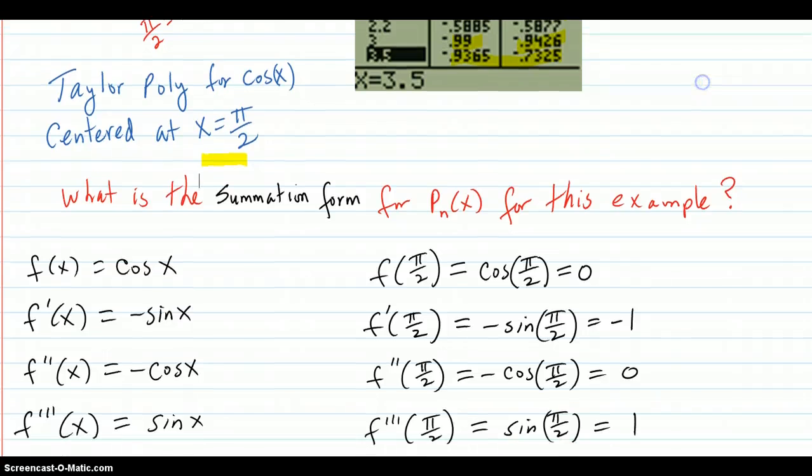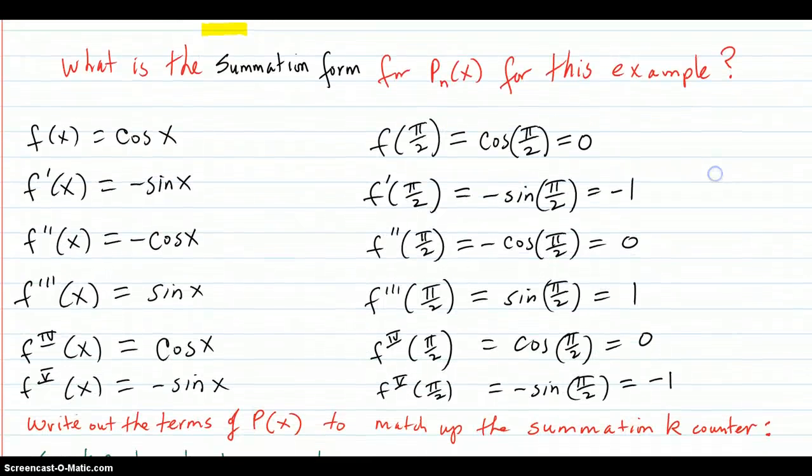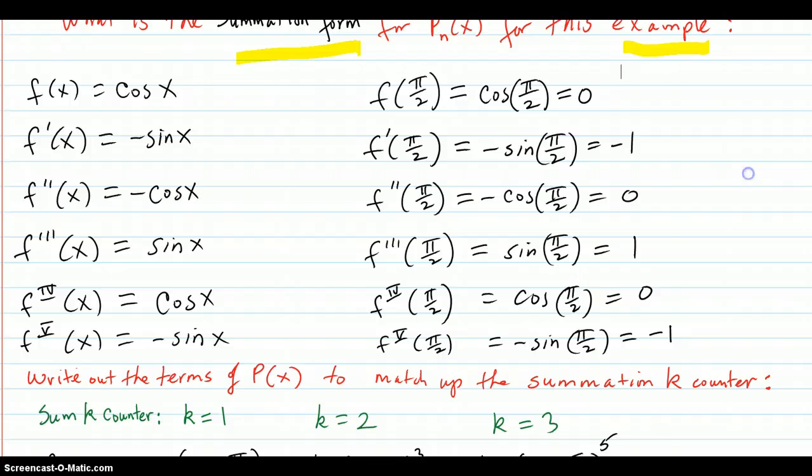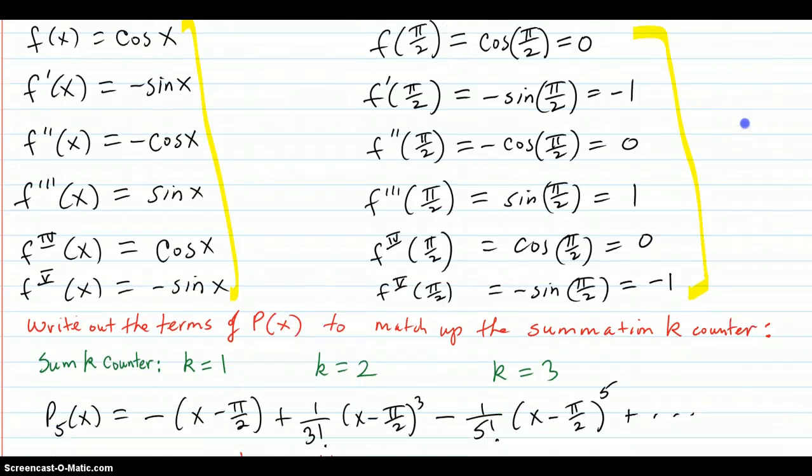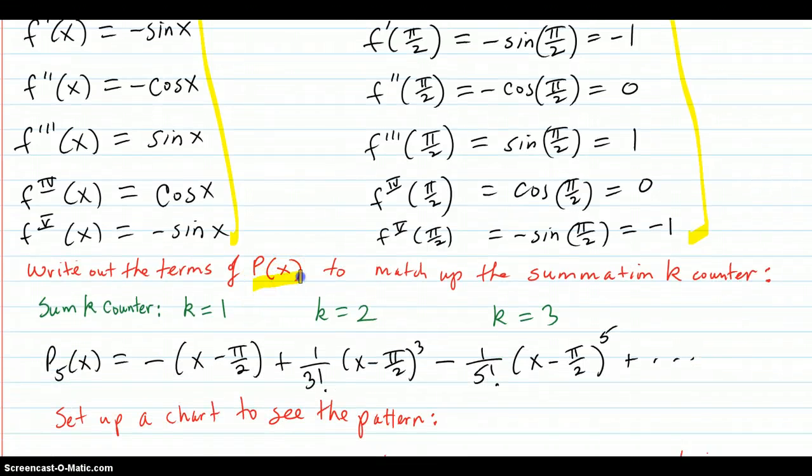Now what about this? What if you want to do the summation form? And we have problems like this that I put on the worksheet. What's the summation form for Pn of x for this example? So again, I just wrote down the derivatives, we already did these, but I added a few more. So you can really see that there's a 0, 0, 0, negative 1, 1 to negative 1, toggling back and forth. So now we're just going to write out the terms of the polynomial